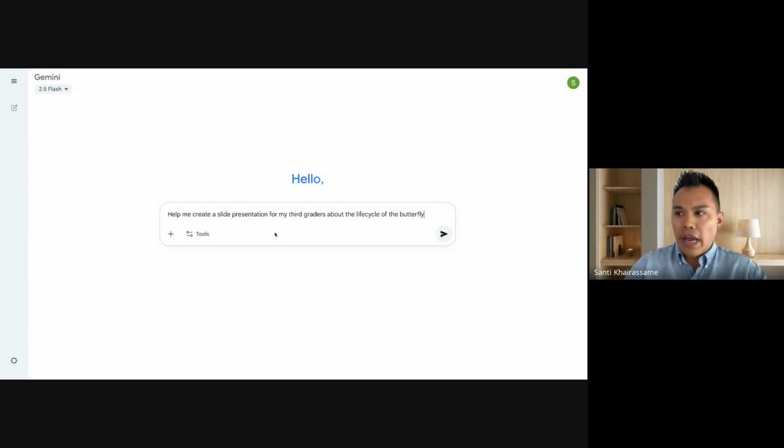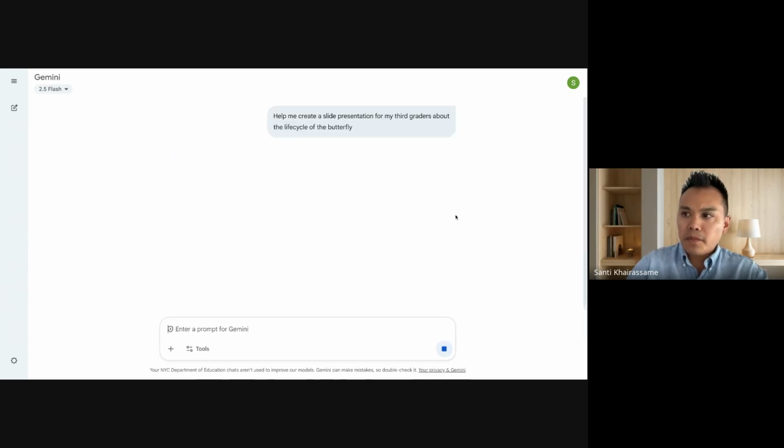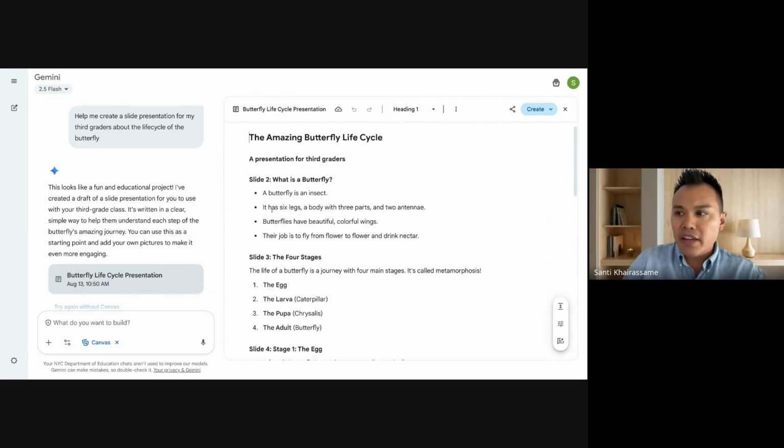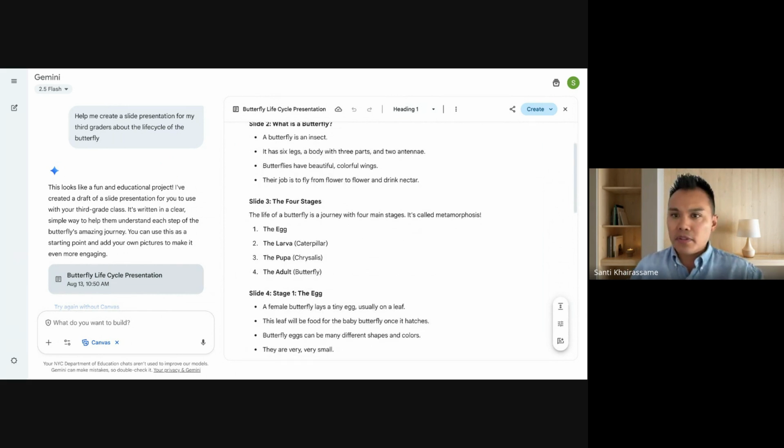All right, so I can ask it here, and if I give it to Gemini, it's not going to create the actual presentation in Gemini. It's going to give me an outline: slide 1, slide 2. So you can copy and paste. If you have a really great template in Slides, you can just put this in there.